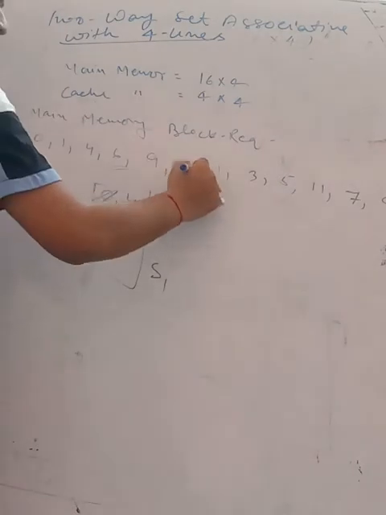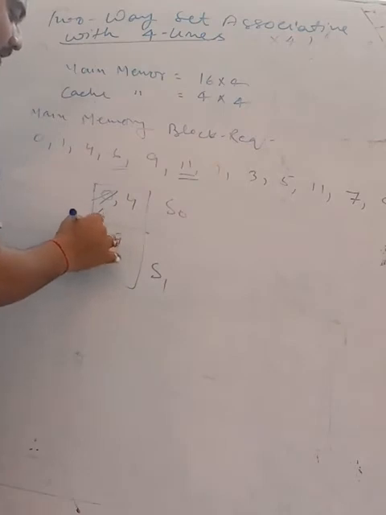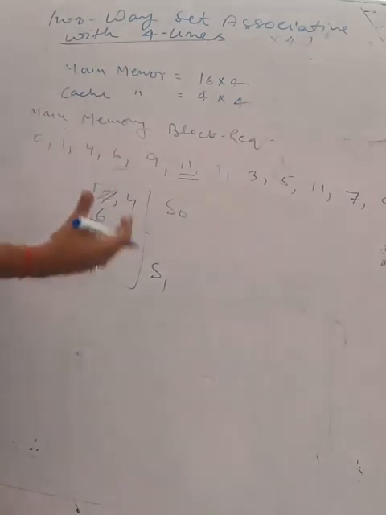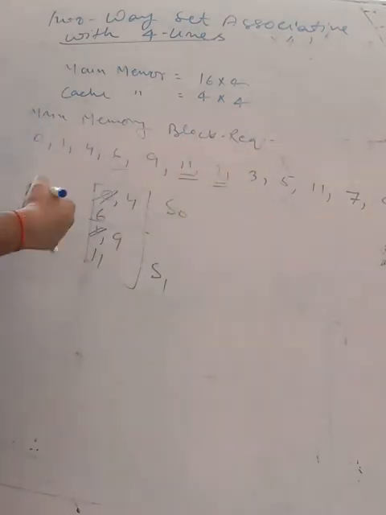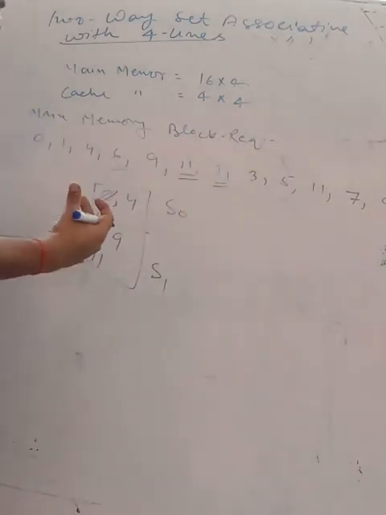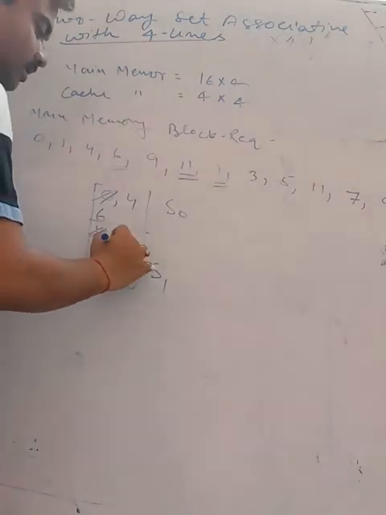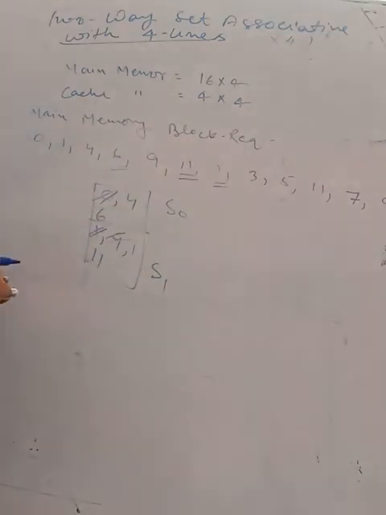When we talk about block 11, where will it be stored? It will be stored at the first position, because 1 was inserted in this set at the very first time. It came first, so it goes out from the set. Now, 1 is needed to execute again. We don't know whatever has already been moved. Here we have two references, 9 and 11. Between 9 and 11, 9 was inserted first, so 9 was removed and 1 was inserted.